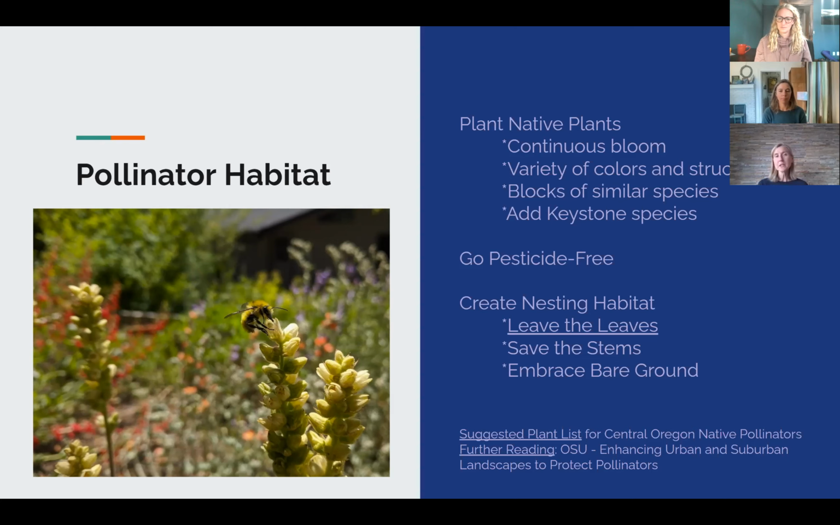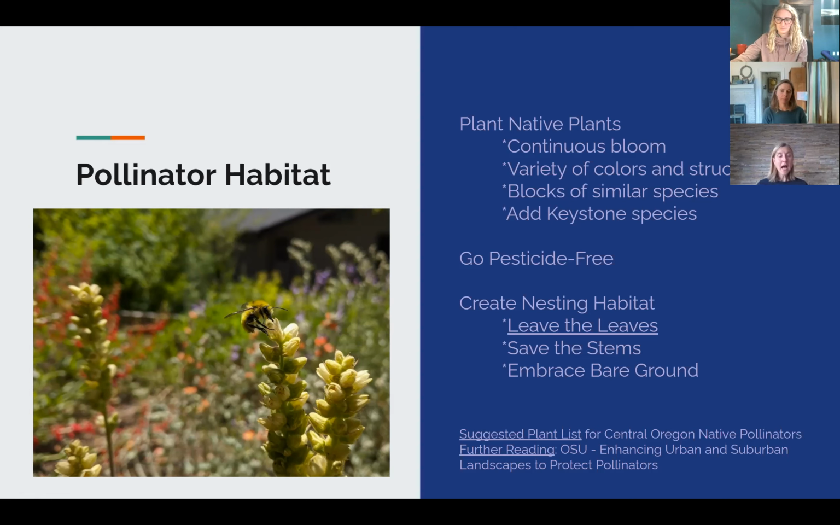So it's important to actually leave those stems for 2 seasons. And there's lots more information about that online if you want to do a little more digging. But important to remember, save the stems. And finally, another thing that we've sort of gotten away from when we think about our gardens and what